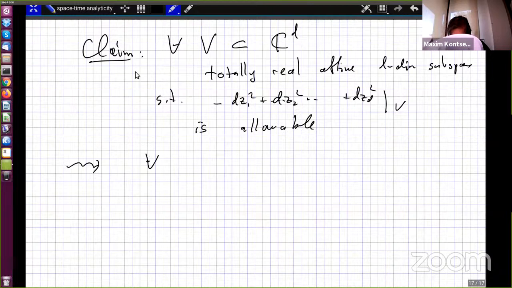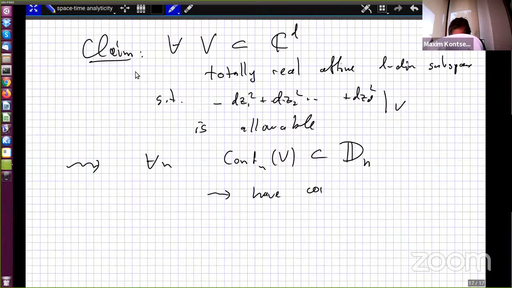Then for any n, the configuration space of n points in V sits in this extended tube domain, and hence we have correlators on this domain. How to prove it? The proof is based on some kind of Bochner-type